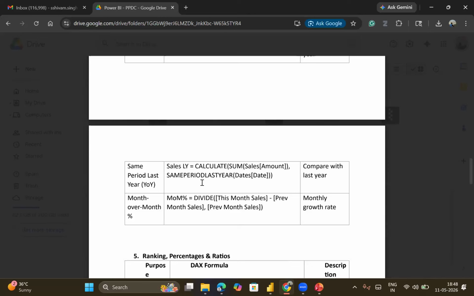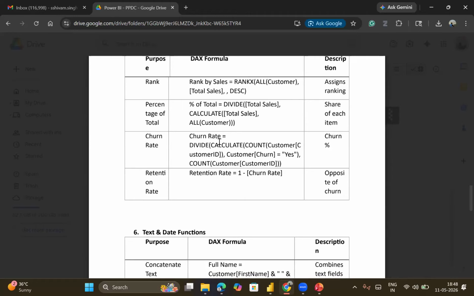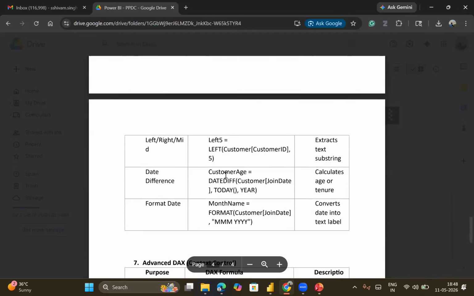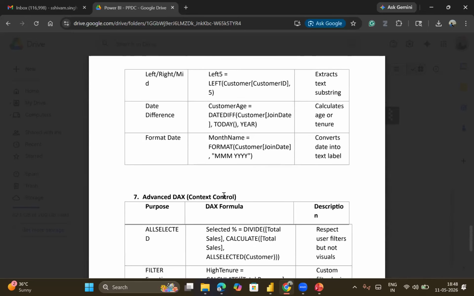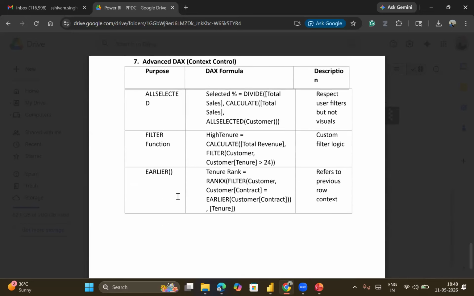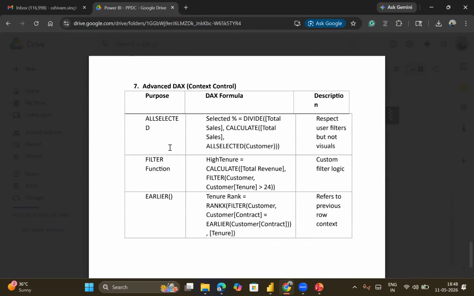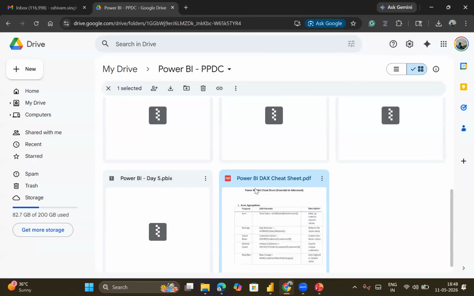Okay, so you can see, guys, that all these formulas I have listed down over here. Then if I want to get ranking, percentage, ratios, for that, again, there are different formulas over here. Text and date functions. Okay, so DATEDIFF is one function we have. Then there are advanced DAX formulas we have like earlier. Okay, so this is what we have also used in our previous case study. All select filter function. Okay, so, guys, these are all the formulas I listed down into this cheat sheet, which you